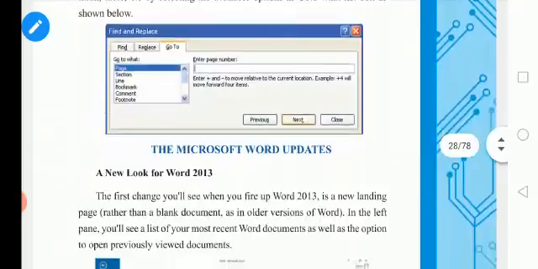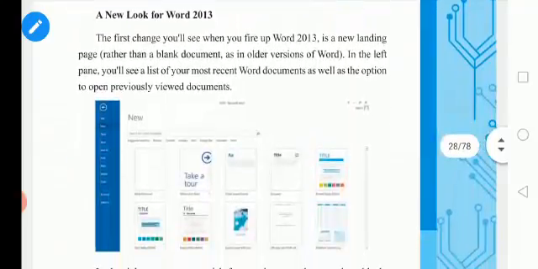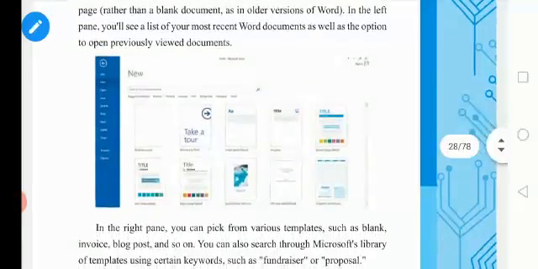Okay, that's all for this. And they have given one additional thing for you, a new look for Word 2013. So Word 2007 looks like this. Because we are learning Word 2007, that is the basis of all the upcoming versions, isn't it? As I told you earlier, you are only reading 2007, but in the next class I desire to show that 2013 format and how to open it.